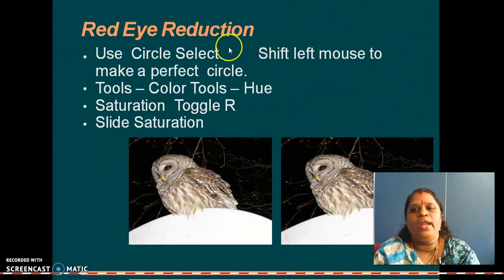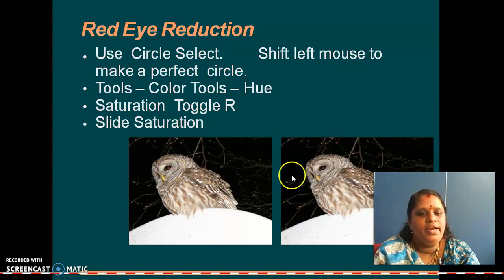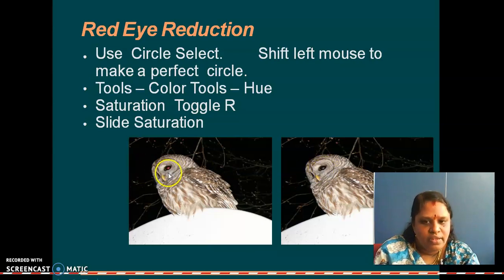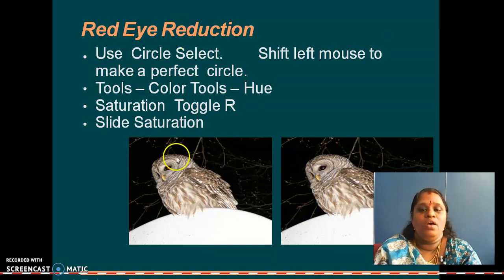The next one, red eye reduction. See here the part in this word, it is having red eye. So this red color is being removed here. Can you see this? So these things can be done using XIM. That is an advanced thing you can do, the reduction of your colors.